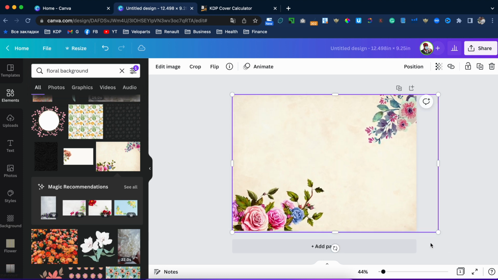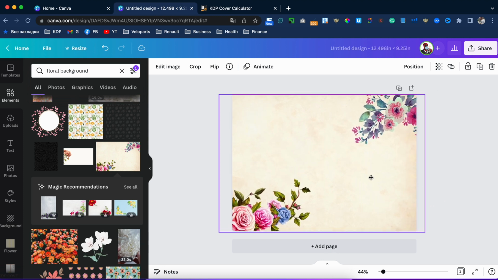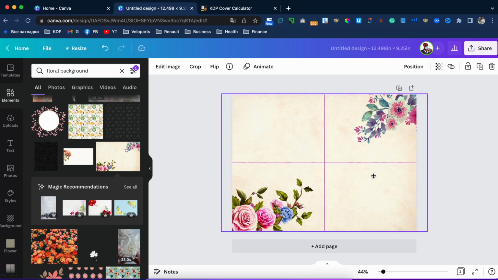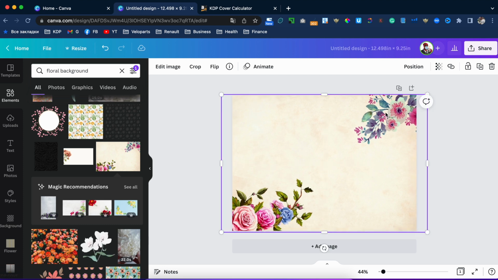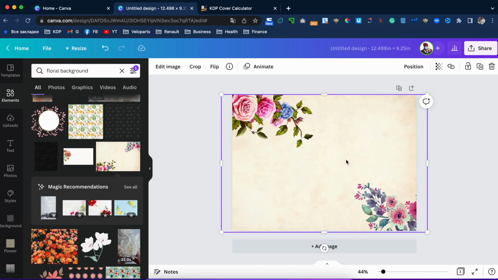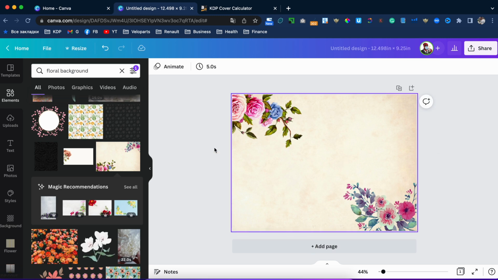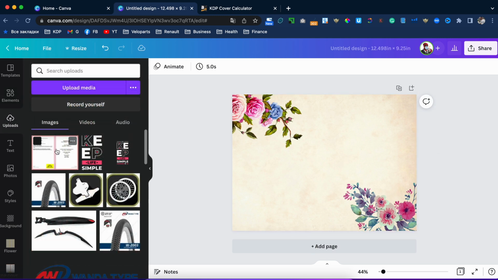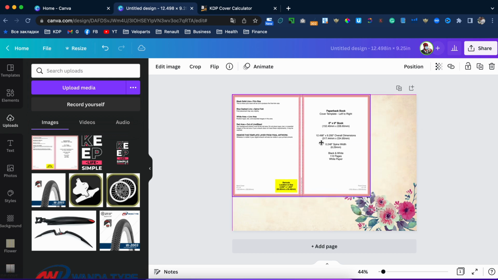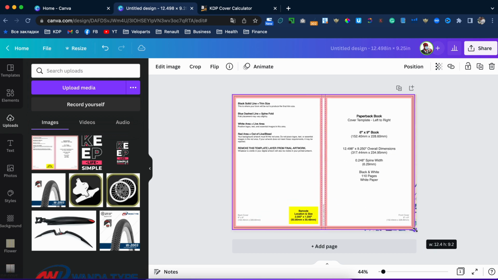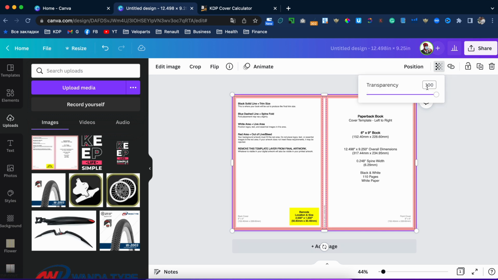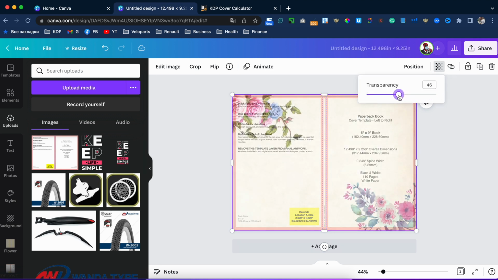Let's switch it. But I don't like that the flowers are on the top, because we need some space for our fonts. So let's flip it. Yeah, it's better. Okay, go to the uploads, take our sample, reach to the edge, and now reduce transparency.